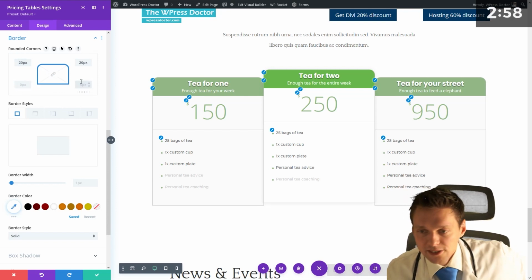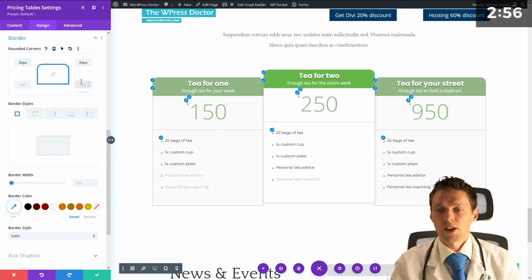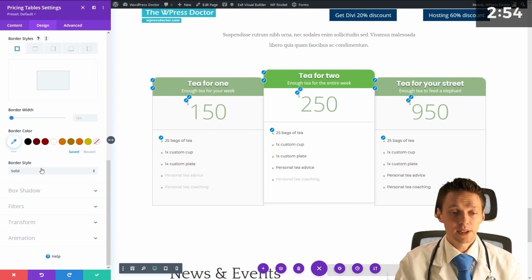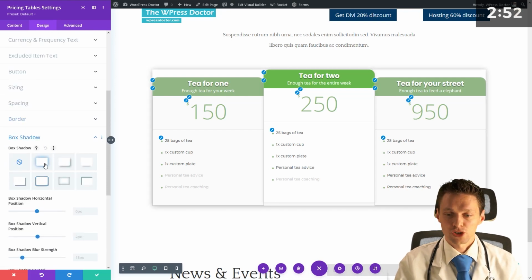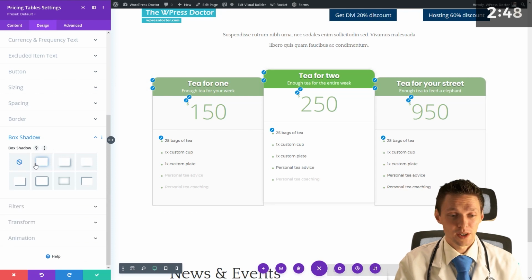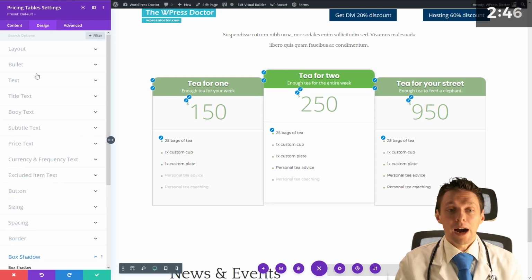So let's just round off the borders on the top. This is really great. I'm really happy with this one. You can also use shadows. Oh no, this is a box shadow of the entire module. You don't want that. No, you don't. However, you can add shadows to